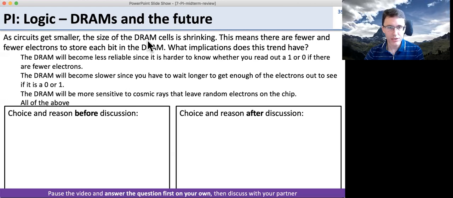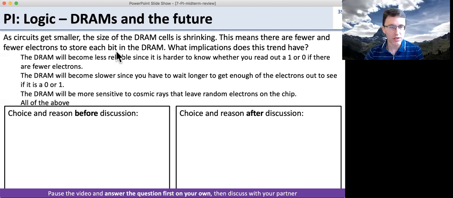So as circuits get smaller, the physical size of the DRAM cells, that is the capacitors we have, is shrinking. And as they get smaller, that means there are fewer electrons in each of those cells. So what implications does this have? We've got three possibilities here. The DRAM will become less reliable since it's harder to know if you read out a 1 or 0 because